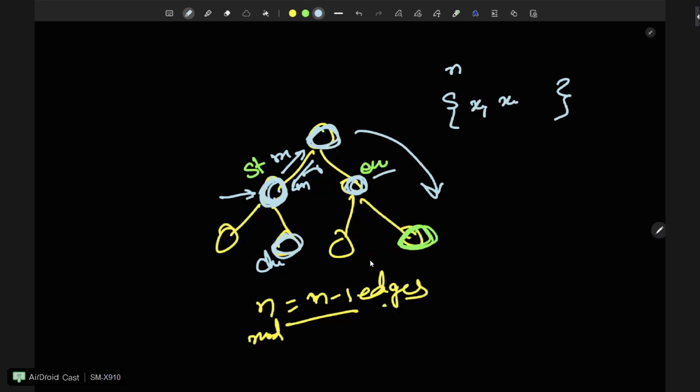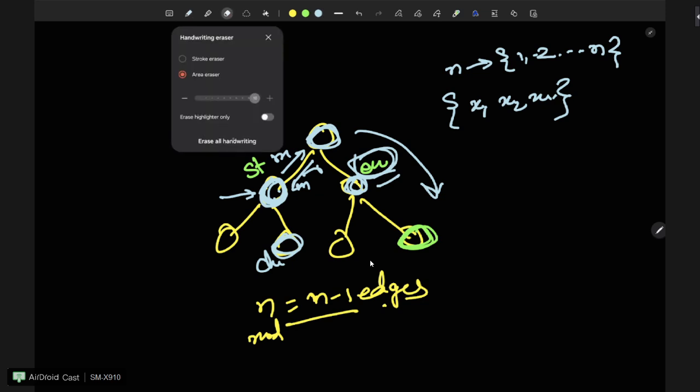like numbers ranging from 1 to n, such that after the movement, the mouse should finally end at the en node. Okay, so to solve this problem, basically we need to have some good observations,